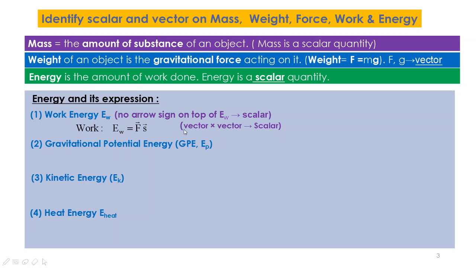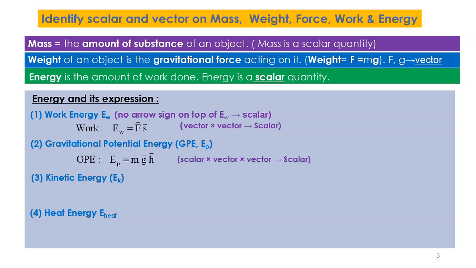For example, 1, work energy: E is equal to F times s. F is a vector, s is a vector. A vector multiplied by a vector will give you a scalar, and E, the work energy, is a scalar. 2,